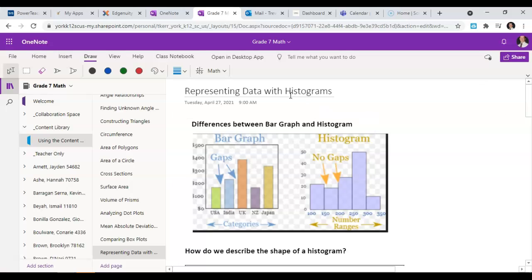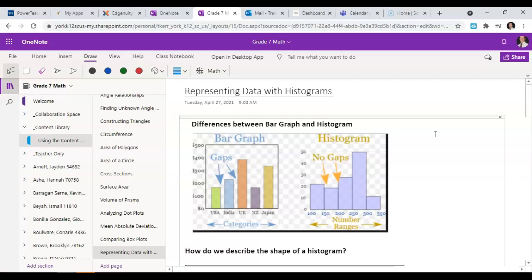So the first thing we want to talk about is, well, okay, what is a histogram? It sounds fancy, and it looks like a bar graph for the most part. But there are a few differences. So we just want to compare side by side here a bar graph with a histogram and see what the